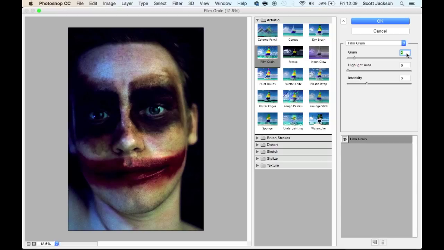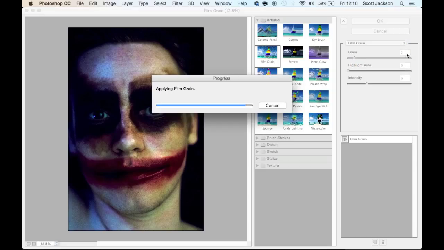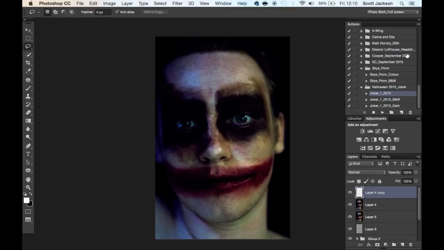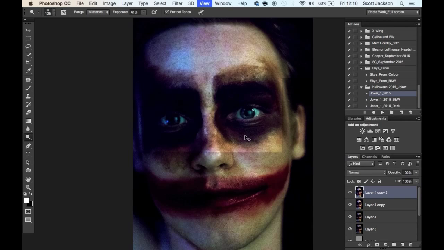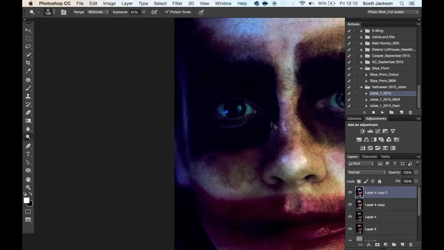Right, I'm going to go for 2 and then 3. Now, on the rest of them, I've put 3. I've put 2 and 2. But I actually quite like the way that this one looks. So, yeah. Press OK and OK, or Enter and Enter, sorry. And we have our extra grain added. So we're going to Control and J that, copy that layer, and then again, just go back to where we